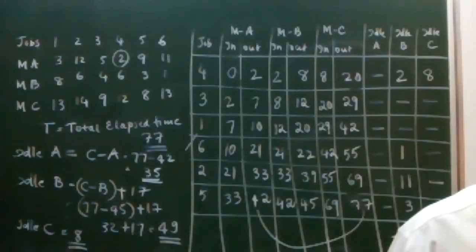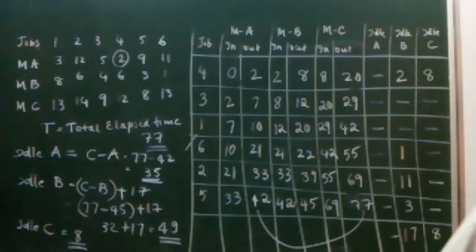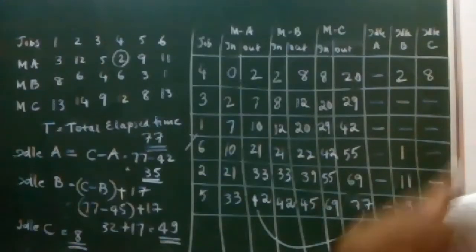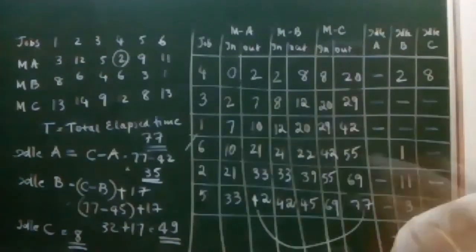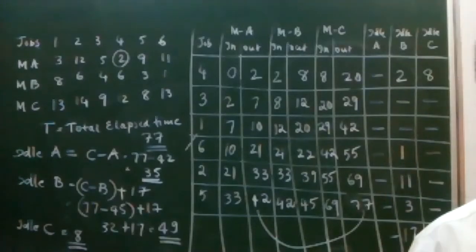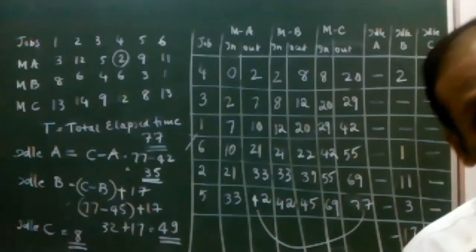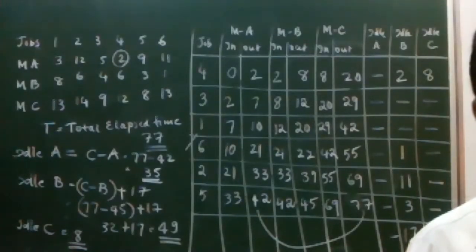Now, what are the complications they can create? First and foremost, they might give repeated values in the processing time. That is one thing they might do, which we already understood. How do we deal with repeated values? That is one possibility. Second possibility is that they might give different orders. Instead of giving the order ABC, they might give BAC or some other order.